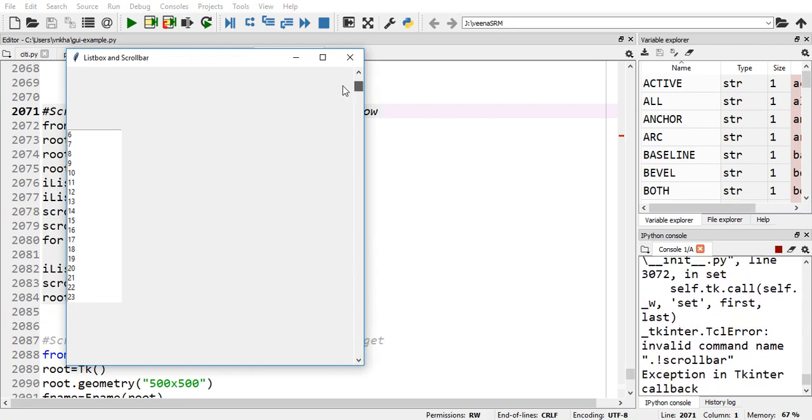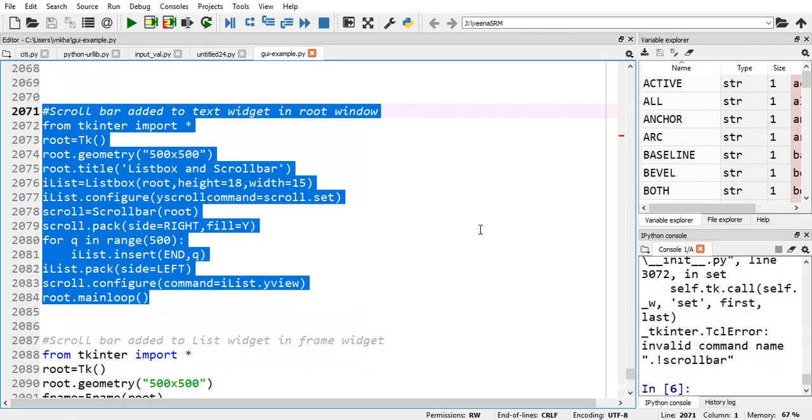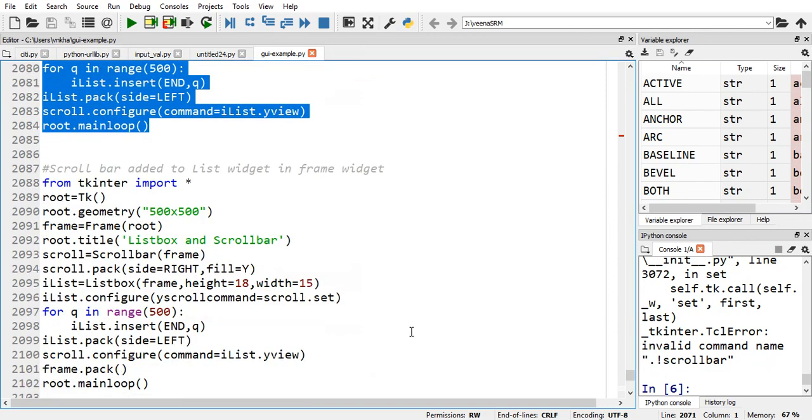Now in all these examples you must have seen that the scroll bar is at the right side of the root window, but what we exactly want is that the scroll bar should be near the list widget. So now how to do that, let us watch it. So here in this example we have created one more frame widget also. We define a frame widget over here, and then while placing the scroll bar we place it in the frame instead of the root window.